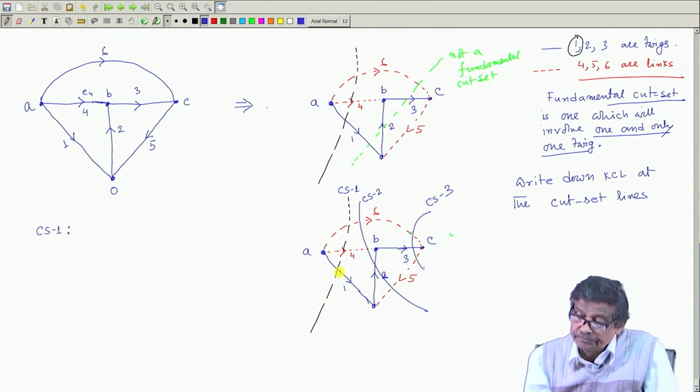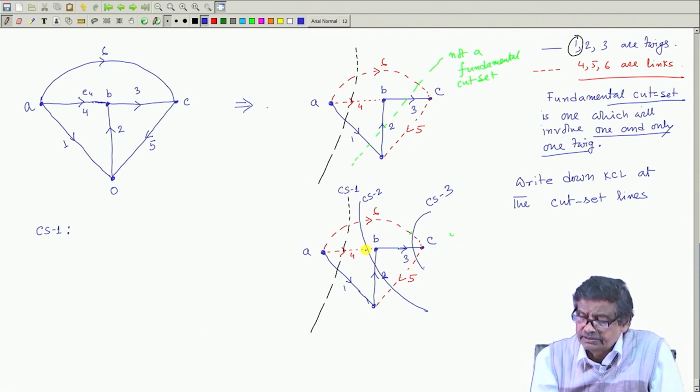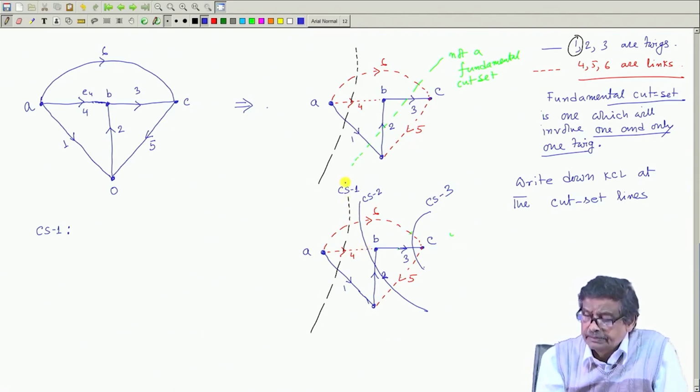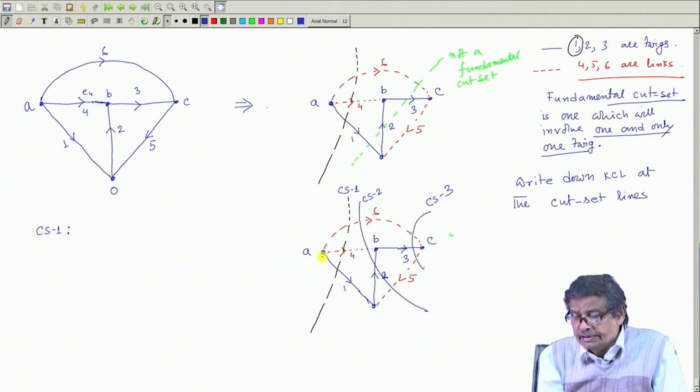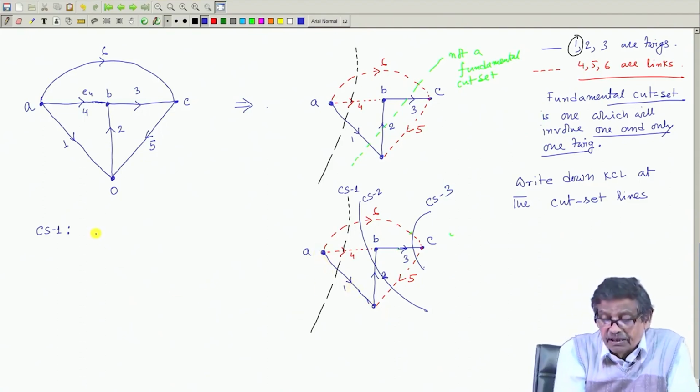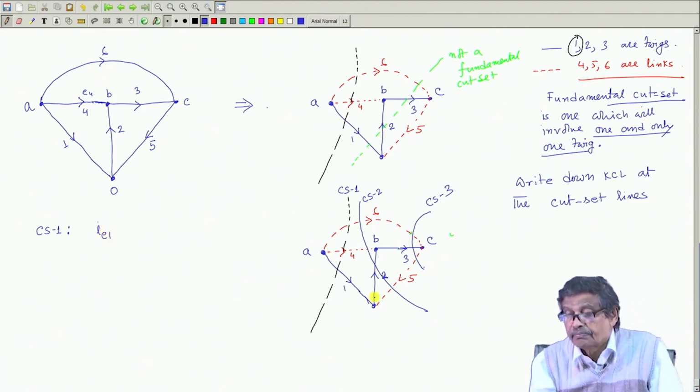It will be CS1 only, do not think about CS2, CS3, only CS1 is there. Then you see only one twig, that is twig number 1, is involved. So, this current direction you assign plus sign. So, plus IE1